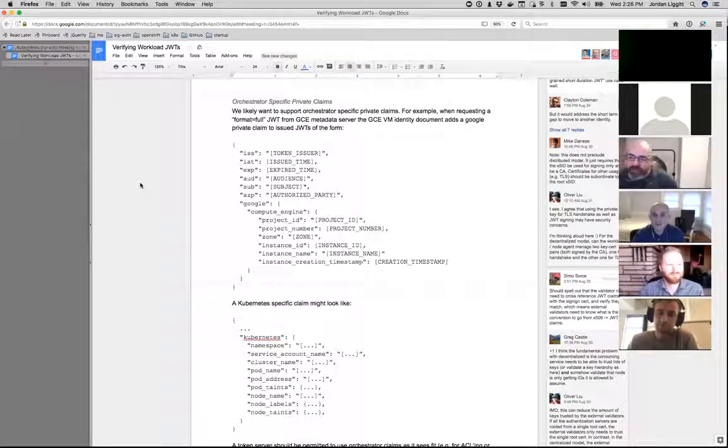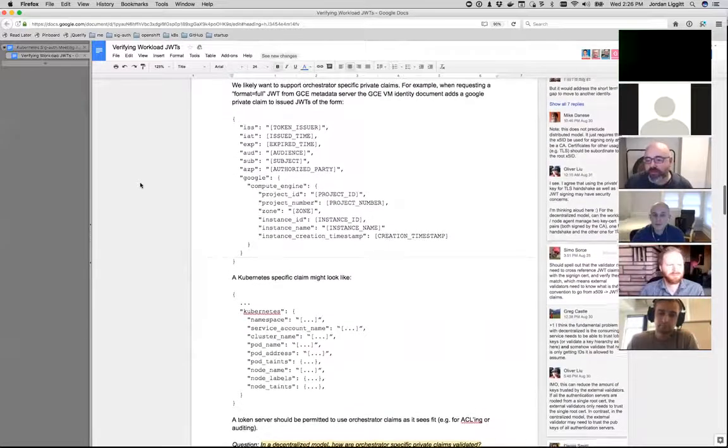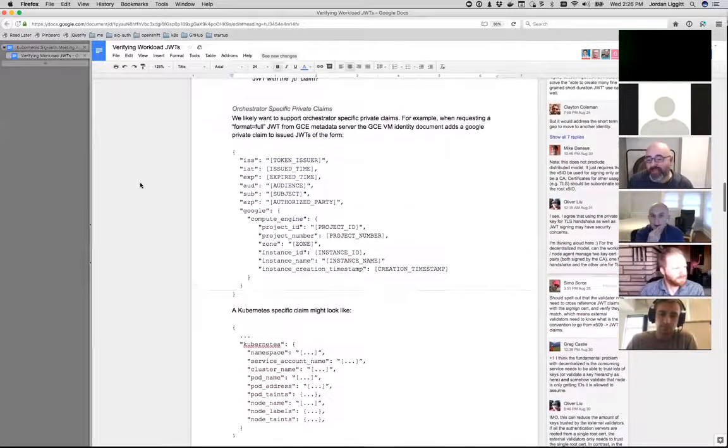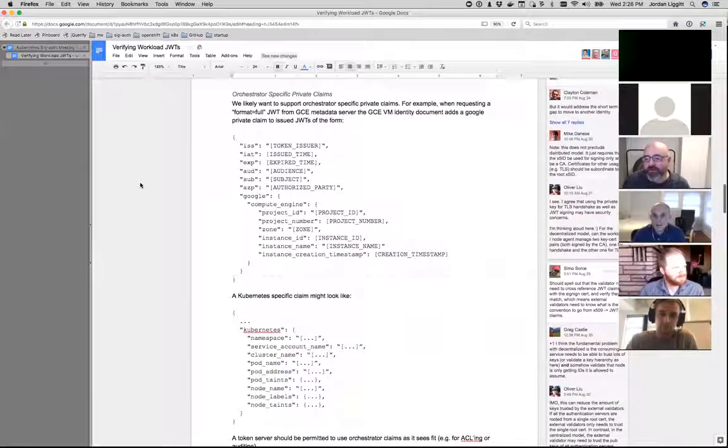Well, and if we do this integration using something like flex volumes, it's kind of a one-way communication. And so specifying all the audiences that you might want to talk to up front, maybe in your manifest, is going to be problematic versus actually saying, well, now I want to talk to this new audience, give me a new JWT for that. And so I think that's one advantage of the lay the creds down on disk approach versus the offer another API approach. No, but the flex volume would lay it down on disk. That's the key point. Right, I know, but the thing is that